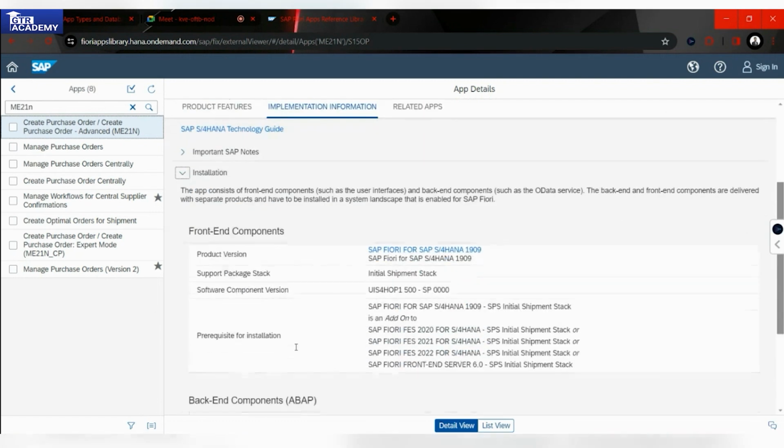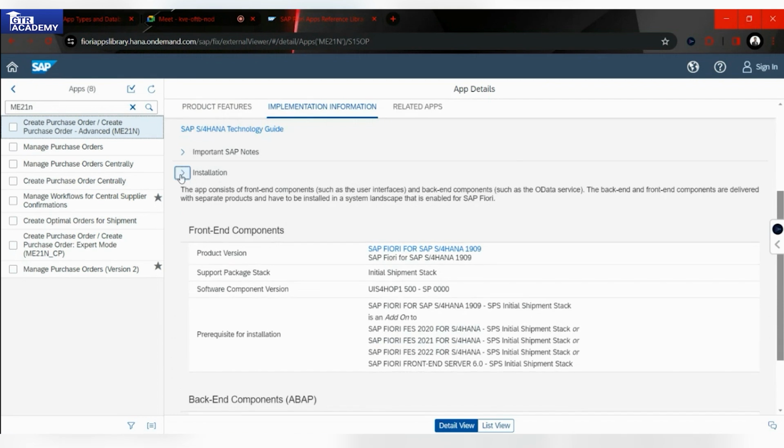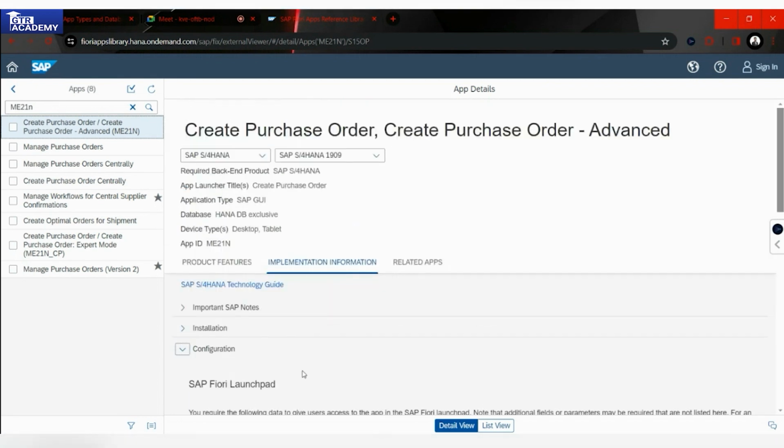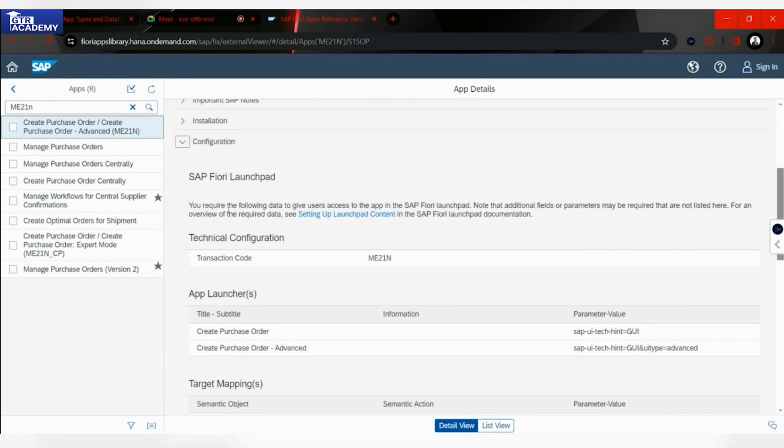This will be relevant to your basis team. Then comes the installation information. This is relevant to your SAP Fiori team, so there will be a Fiori technical consultant who will use this installation information. Then comes the configuration. In configuration, you will use this